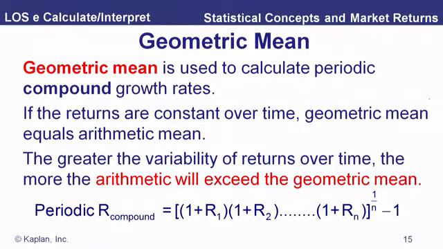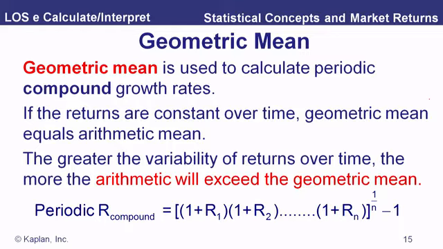Now, rather than the arithmetic mean, sometimes when we're using compounding, we want to use the geometric mean. It's used to calculate periodic compound growth rates. Now, if returns are constant over time, the geometric mean and the arithmetic mean are going to be equal. But if there's some variability in returns, which there usually is, then the geometric mean is going to be less